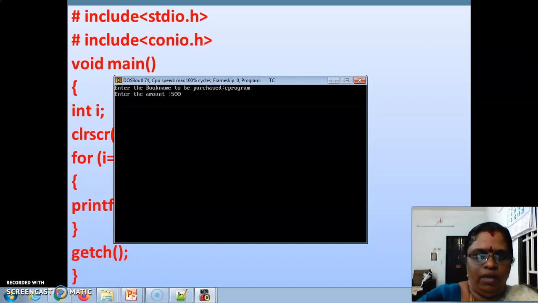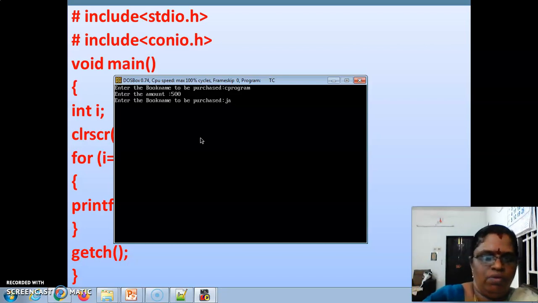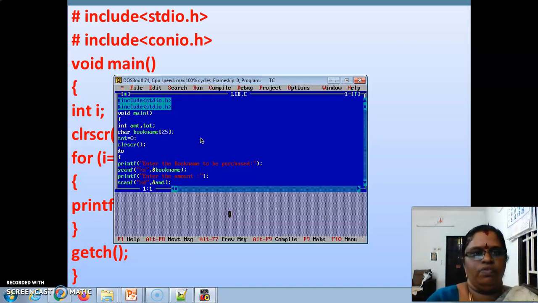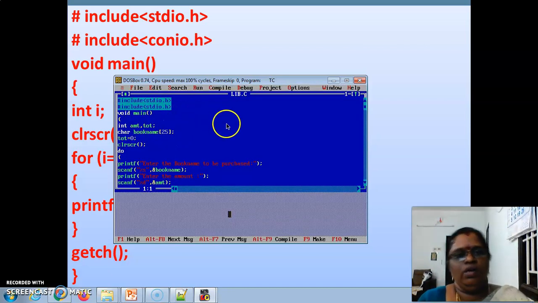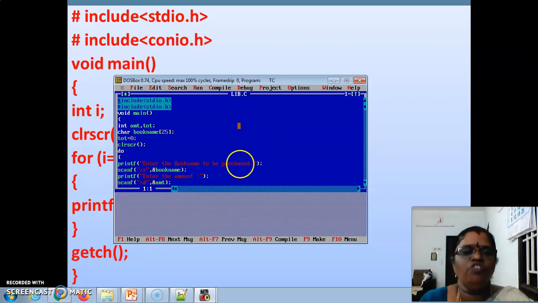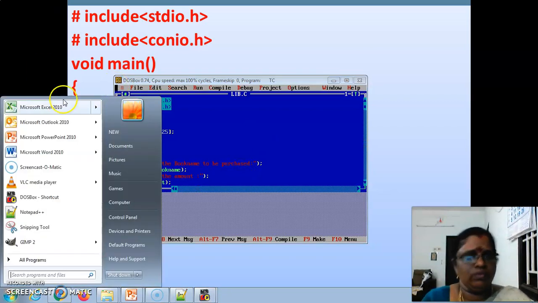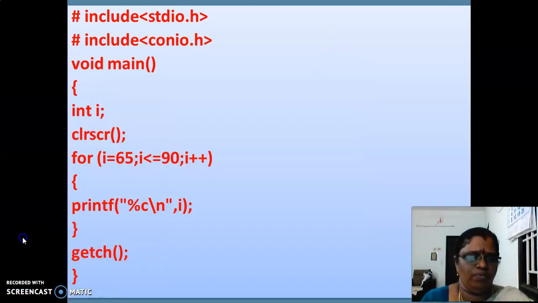It can be 500, and then I may have some Java book. It is also 500. It will stop. See, it is stop. If it is not reached 1000, it will be executed until it reaches 1000. Okay?